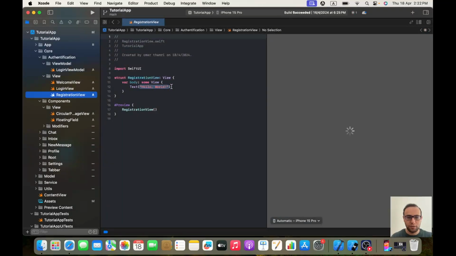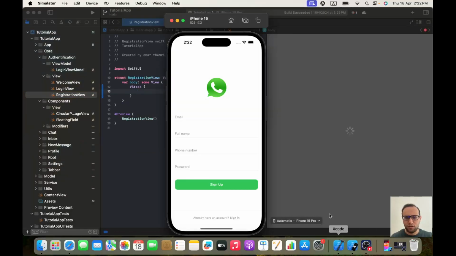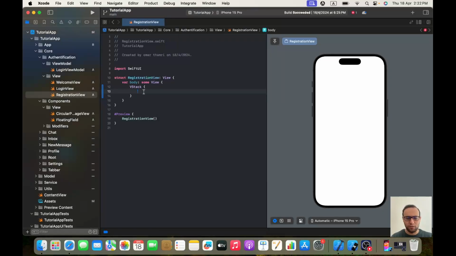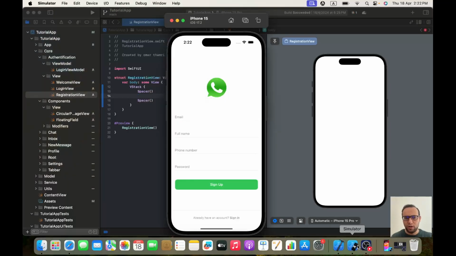Okay, perfect. After that, let's place it inside the VStack. And it's very similar to our login screen, so a lot of the components are already built and some of them we are going to build now, but as you can see, all this is between two spacers. So we will have the first spacer, the second spacer, and between these two